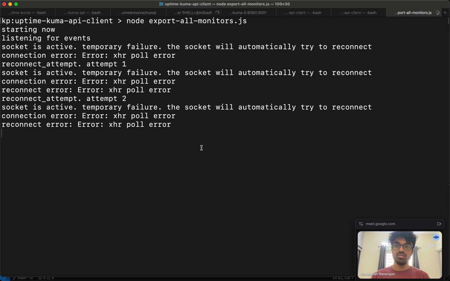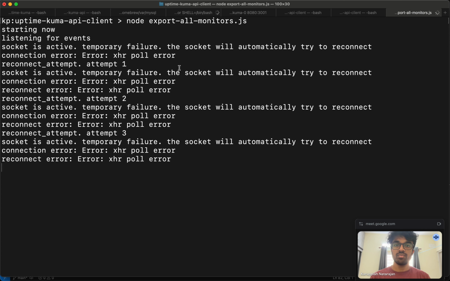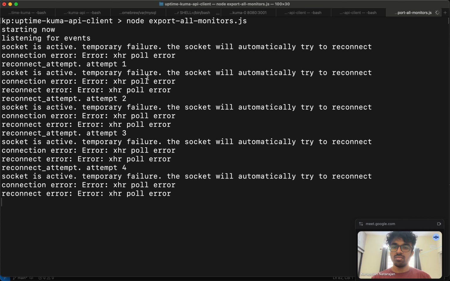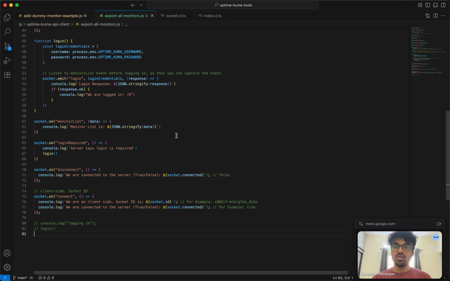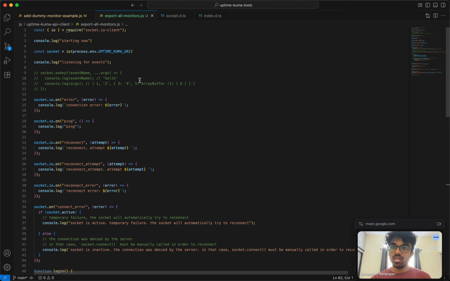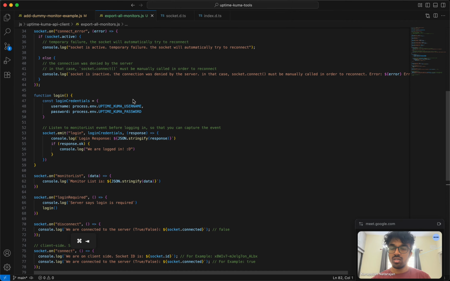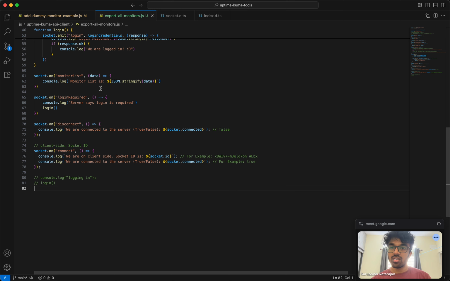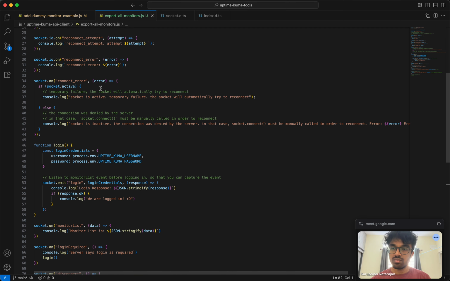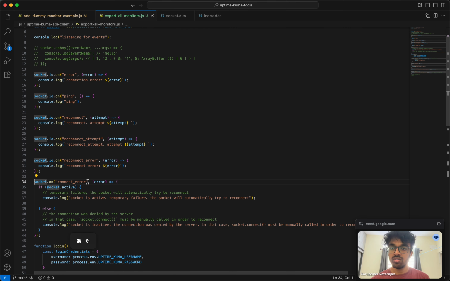So it just says connection error. And it keeps trying to reconnect. It says temporary failure. The socket will automatically try to connect. There is some XHR poll error. Okay. Let me see if I can actually get the whole error. So this one says connection error, right? So can I just not do this